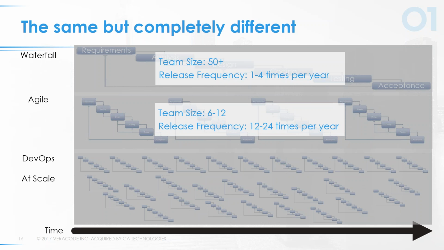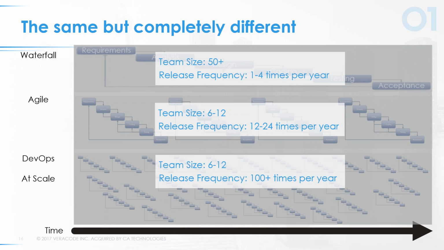You no longer have the luxury of having specialists across the team. And even if you did, you wouldn't be able to get anything done because there would be so many handoffs and park states and works in progress that are going on that you really never would get to where you want to be. Moving into DevOps now, again, that release frequency of hundreds of times a year for an application team is not uncommon. And to move at that pace means I can't have a lot of handoffs. I need someone that can augment functionality that is already there and build things from stem to stern.